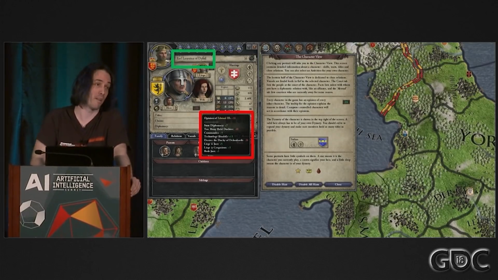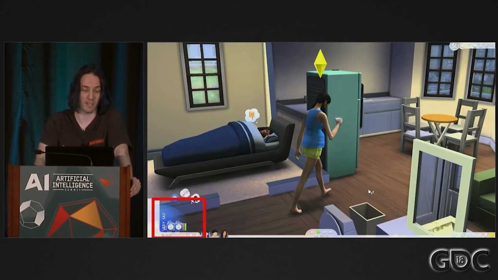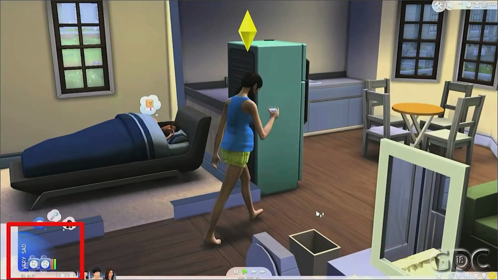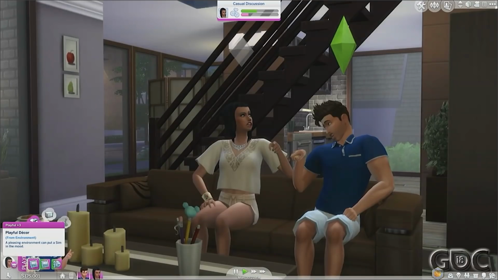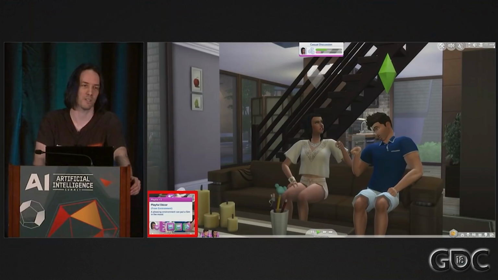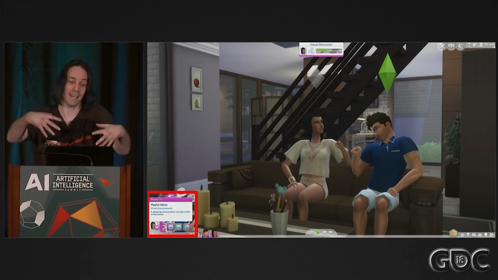We do something similar on The Sims. So there are these things called emotions. So this sim is very sad. And there's 2 little things down there that tell you why. And I'll show a different example because I found a screenshot for it. This sim is playful. And why is this sim playful? Well, I can hover over these little things, and they'll tell me. This thing says +3 because there's playful decor. So because the sim happens to be in a room that has playful decor, we can detect that,